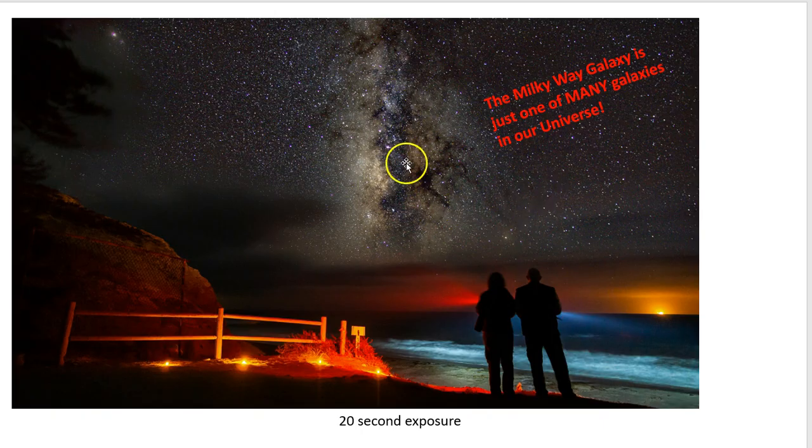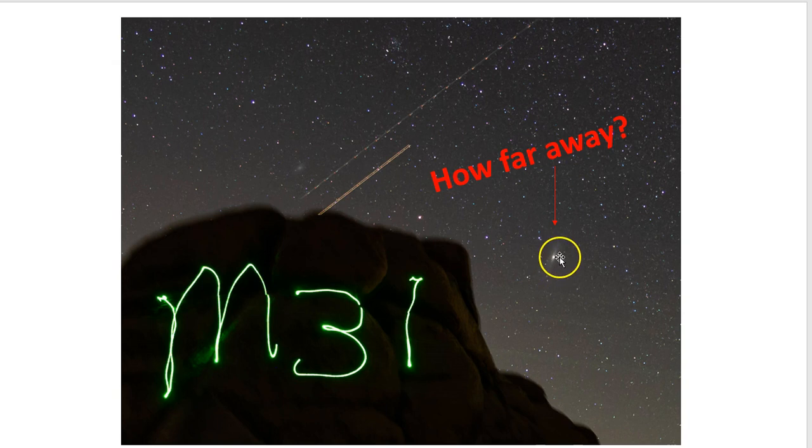So all the stars that we see in the night sky are in our Milky Way galaxy. We're looking at the core of the Milky Way galaxy here. This picture was taken with a 20-second exposure off the California coast north of Santa Barbara. The galaxies that we see in the night sky appear as just these fuzzy patches, but they themselves are collections